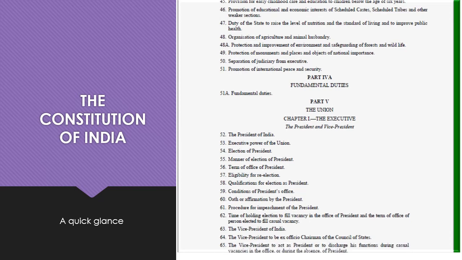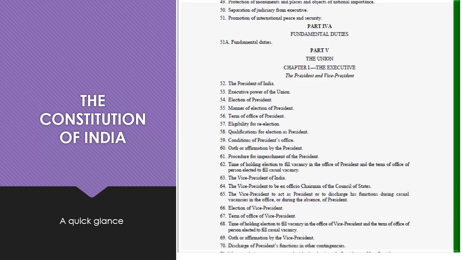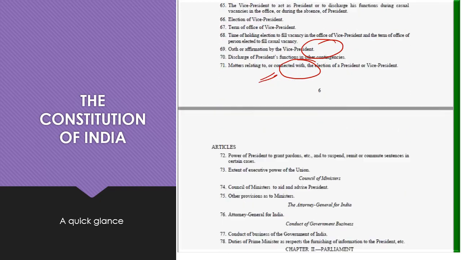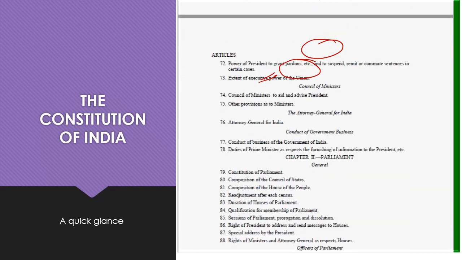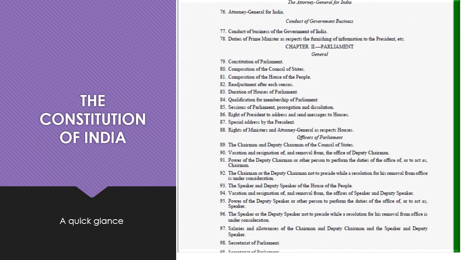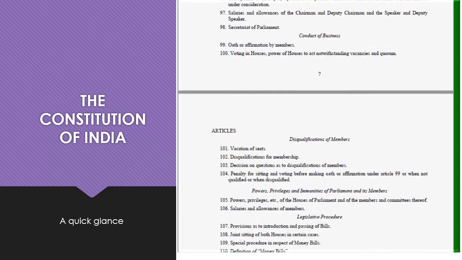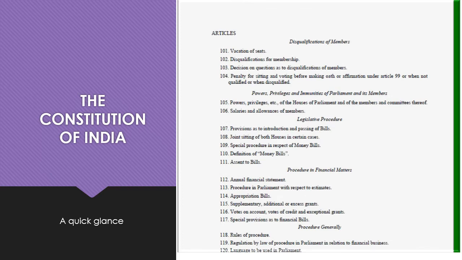Now, here's something new. Here you can see chapter. So there's a part and there is a chapter. You see chapter 1, then you go ahead and here you can see chapter 2. I scroll down further, you can see chapter 3 as well.